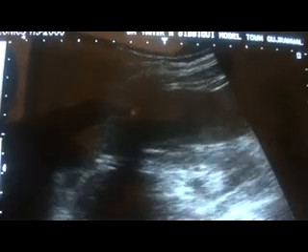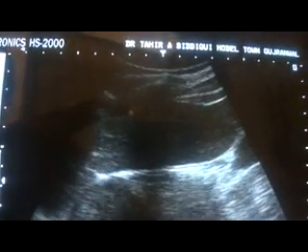Now, does it share the capsule of the kidney, or does it not share the capsule of the kidney? You see, it shares the capsule. This is the mass, the solid area, and this is the capsule, and you see here the capsule is being expanded. So it is expanding the capsule,